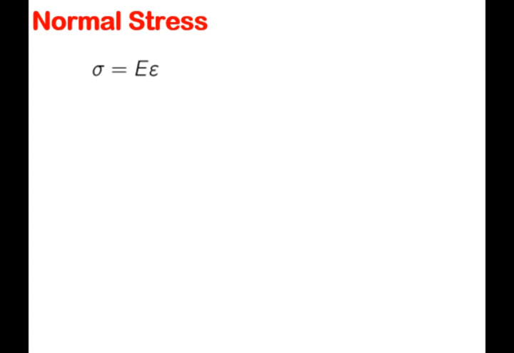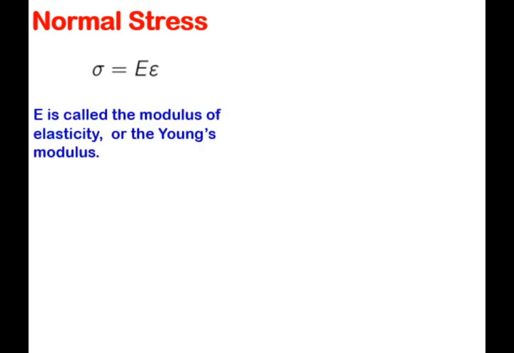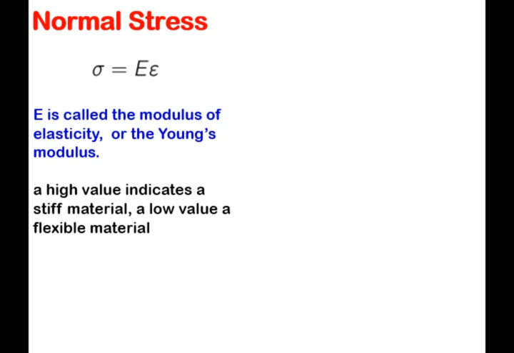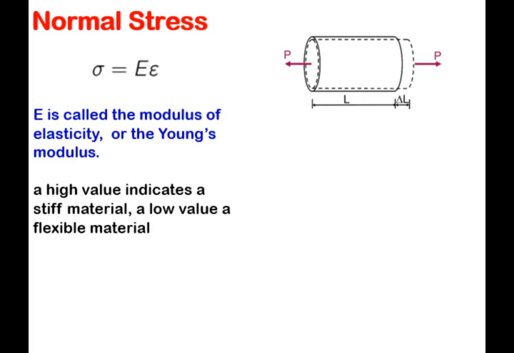So the relationship between sigma and epsilon, the stress and strain, is actually defined by Hooke's law, right? The Young's modulus of elasticity, and we can relate the two. That's what you need to do in the lab. Eventually, a high value indicates a stiff material, a low value indicates a flexible material, and we have